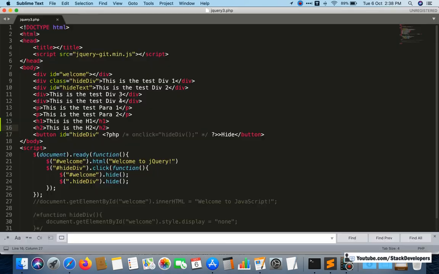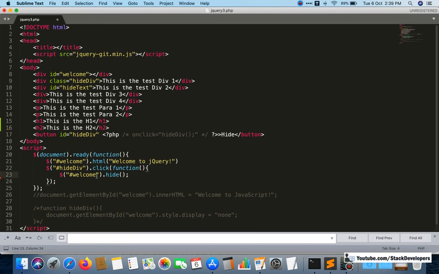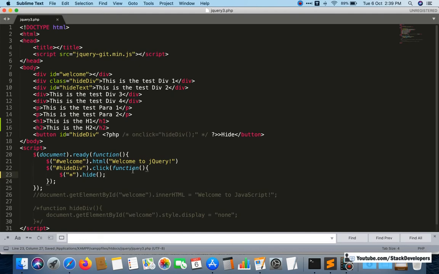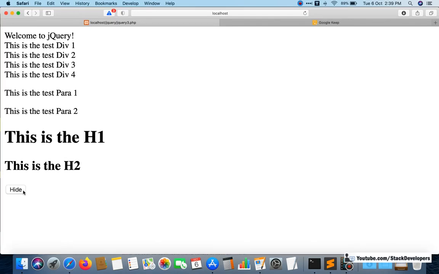For that we have an advanced selector, and that selector is star. You only need to give star here, and nothing else, with the hide function. So on click of this button I am going to hide everything.